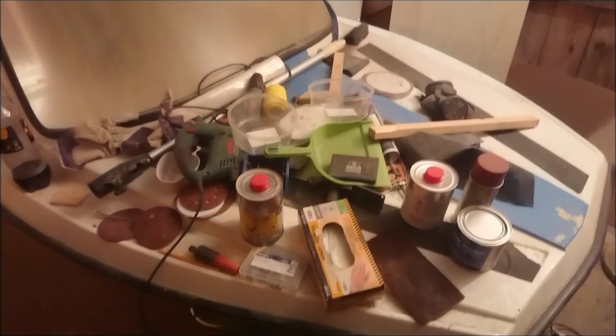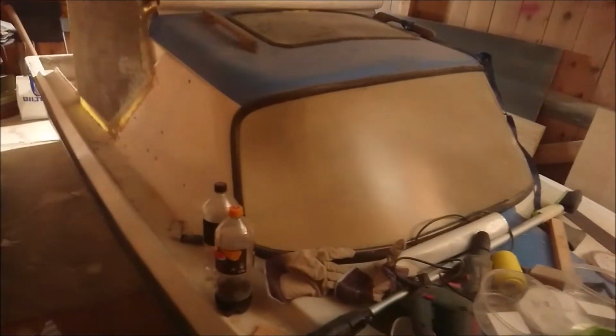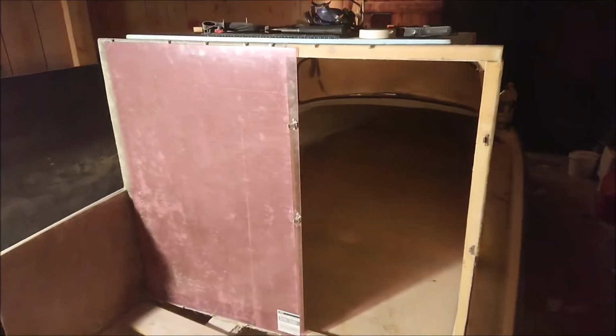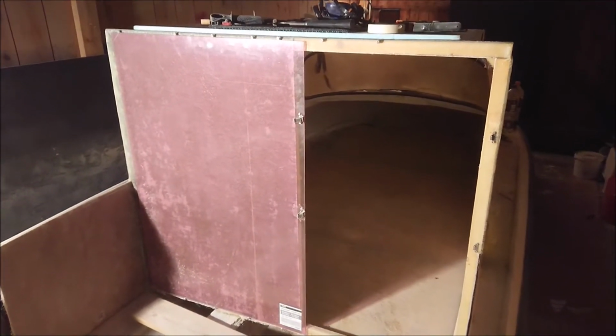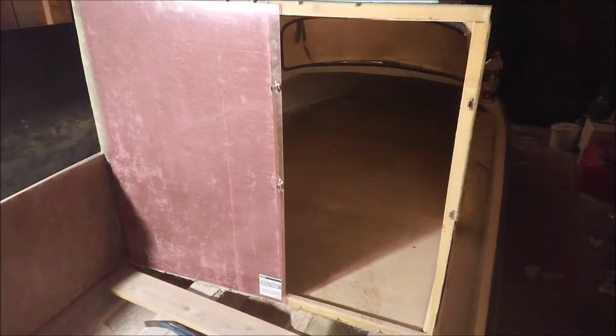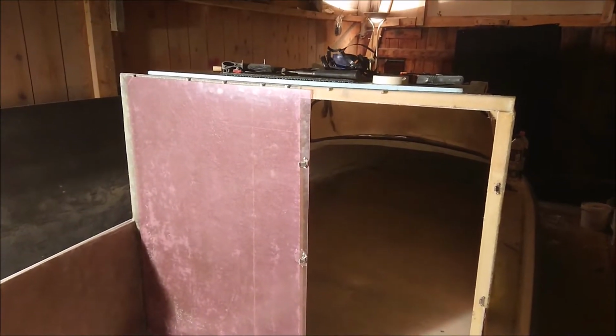Right, the work goes on slowly, but right now I have made a first solution on the door, so it's now functional but not perfect,